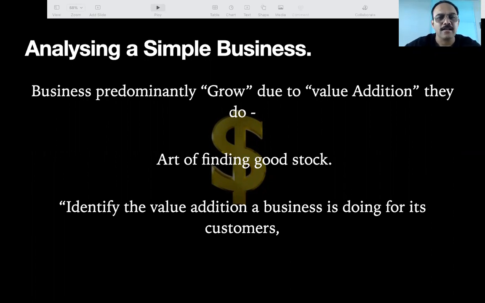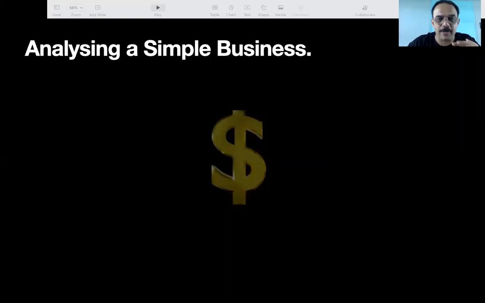Someone might say, no no no, I am a homemaker, I am a housewife, I don't go and work, then should I not invest in the stock market? Yes. You know how to make pickle and papad and chutney. There are lots of good companies, like ADF Foods which makes papad, pickle, chutney. You understand that? Find those companies and invest in them. Everyone, as per their passion, will have companies to find and invest in. So you have to know the value addition, a very very important point.